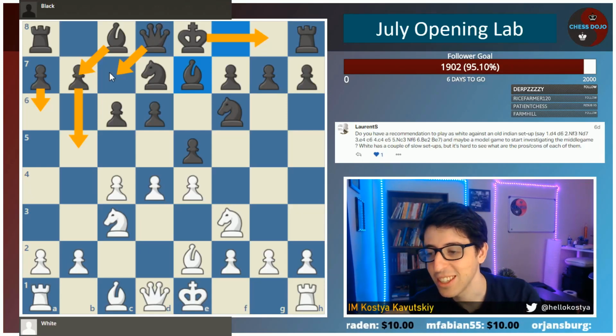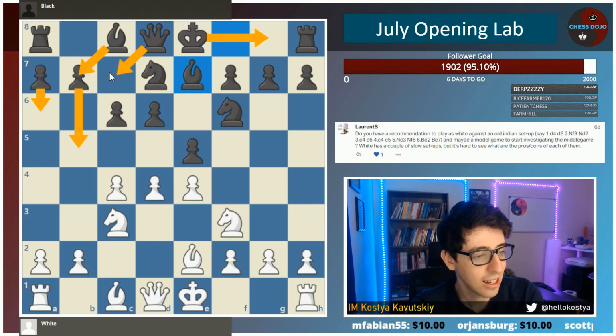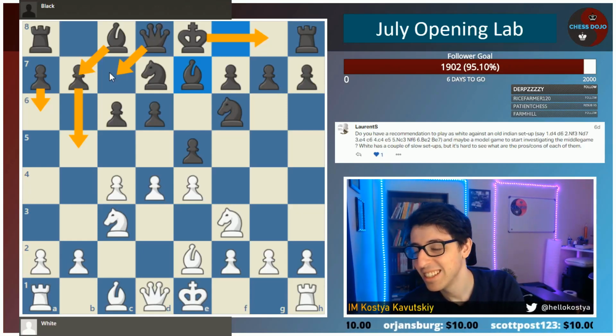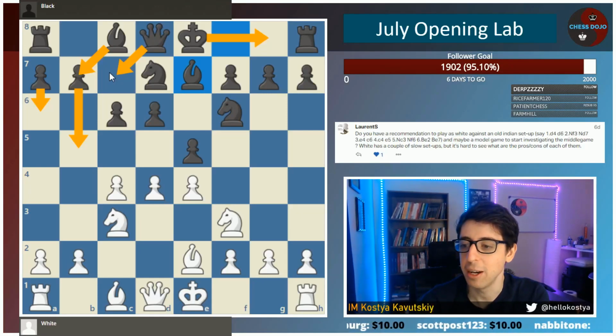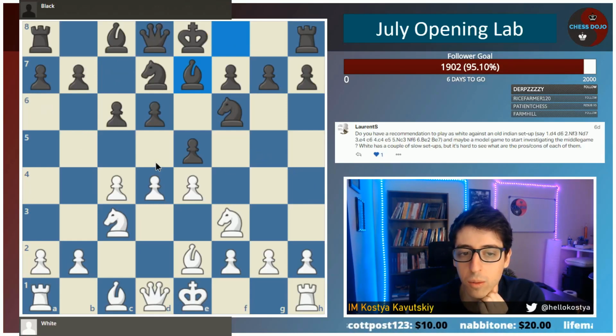Vishnu wants to go rook g1 and g4. 52% is not that good though. I mean, it seems like a pretty normal edge for white. So as far as what I would play,